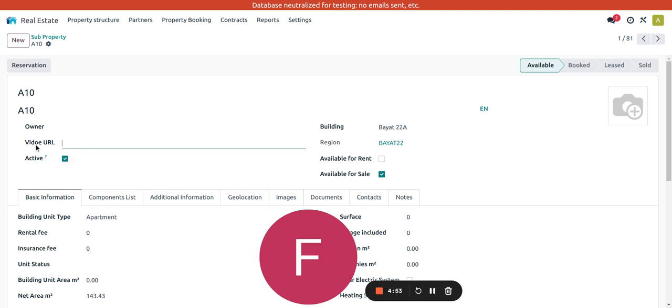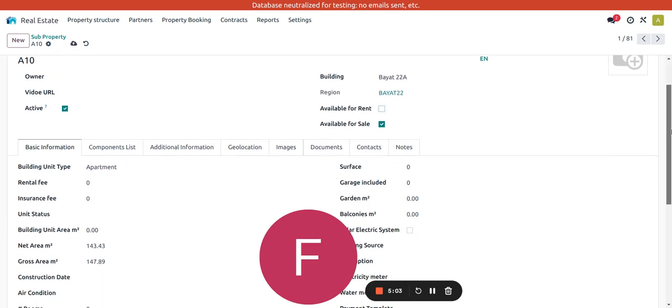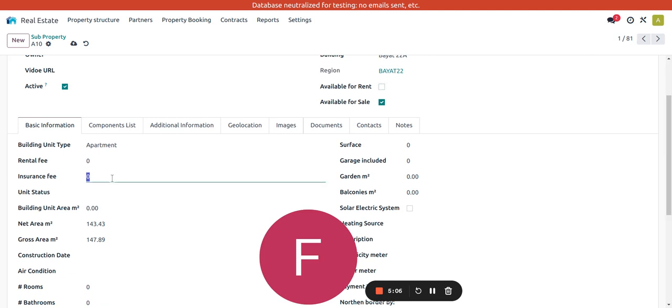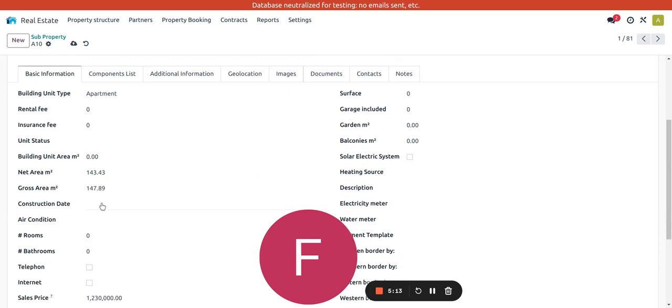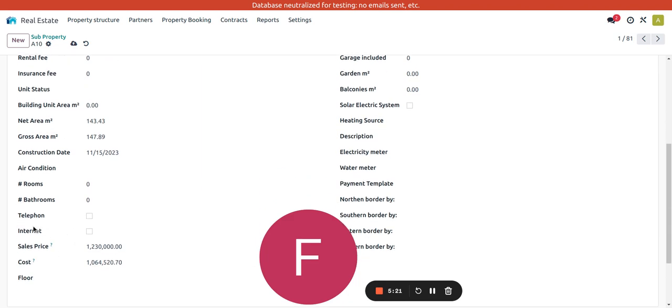You can post a video URL. It can be available for rent or for sale or for both at the same time. Here you set the rental fee and the insurance fee, the unit status, either it's finished or semi-finished or so, the net area and the gross area and the construction date, number of rooms in the unit, number of bathrooms, is it connected with a telephone and internet or not, the selling price and the cost price, on which floor it's located,